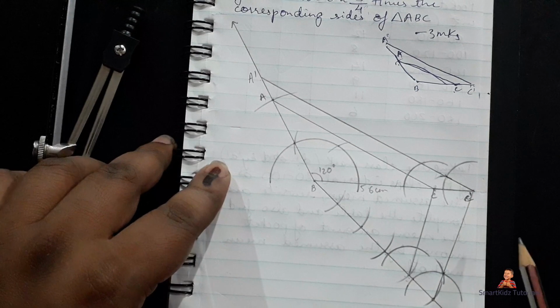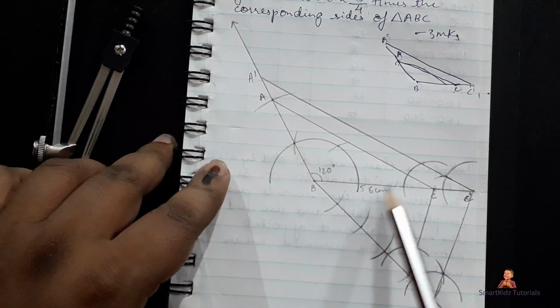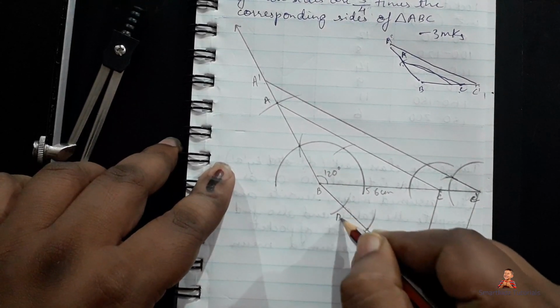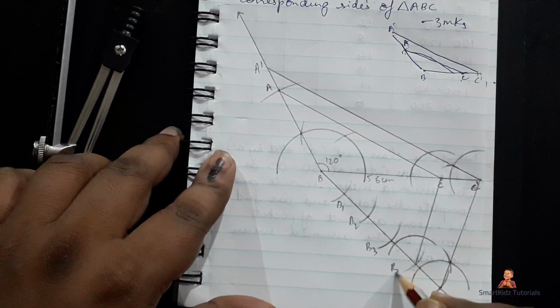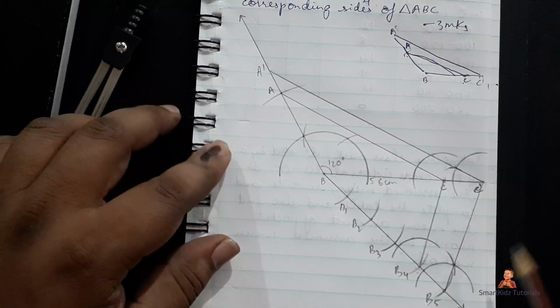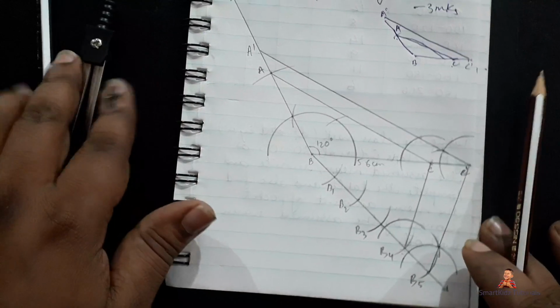Okay, so that completes the triangle, which is 5 by 4 times greater than the smaller triangle, that is triangle ABC. We can mark this as B1, B2, B3, B4 and B5. Okay, you see the complete marking. This is how we construct